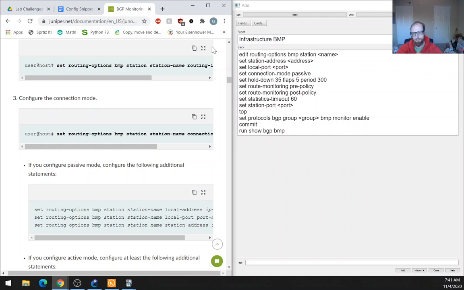Now, what I can see happening is the proctor, the grader on the exam, uses a centralized server to basically grade you, and your job is to set up that centralized server for them. Maybe not go onto the server and configure it itself, but one of the test questions is going to say, set up a BMP station to this station address at this port with a number of random knobs chosen. And then the grader on the exam will pull up this station, and if